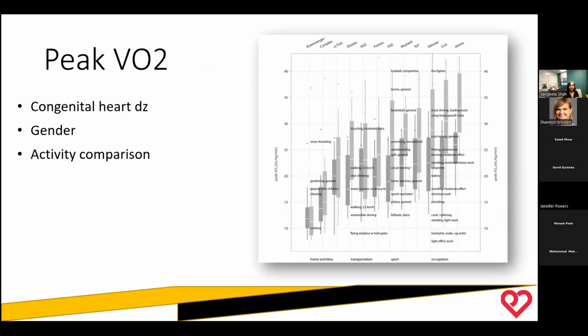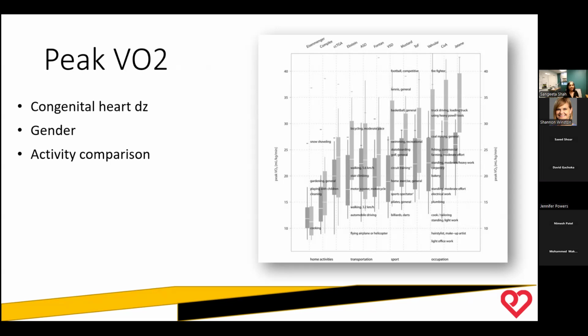They also took this data and gave us a huge graph, which tells you peak VO2 on one side, and it gives you the diseases up here at the top. So I can look for a tetralogy of Fallot. The light gray lines were male, the dark gray were females. What is the average peak VO2 for this group of individuals, and what is their range?